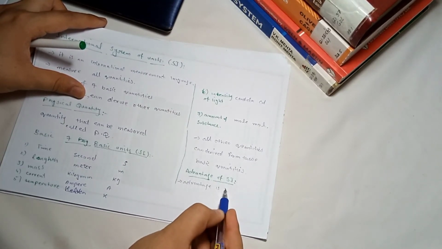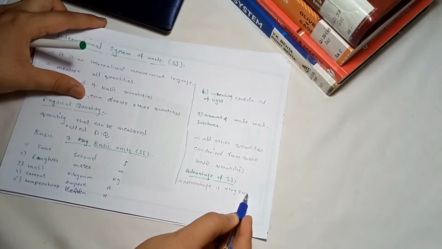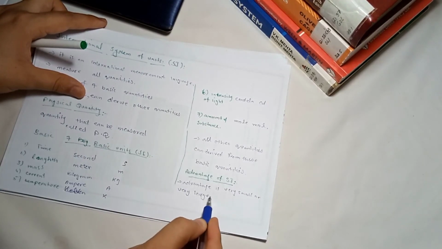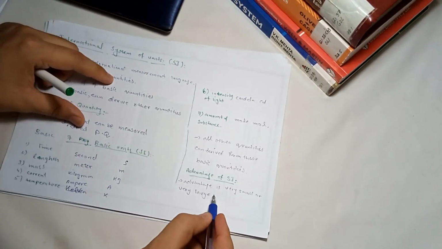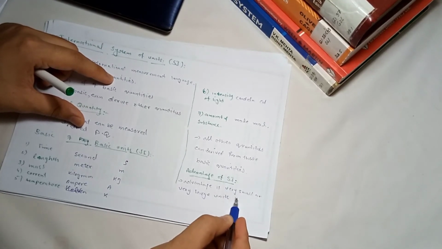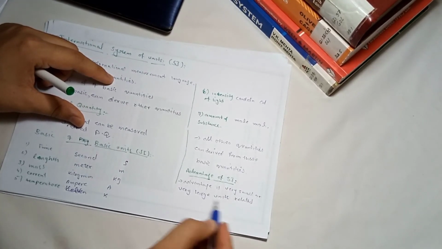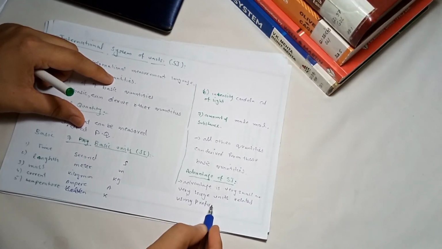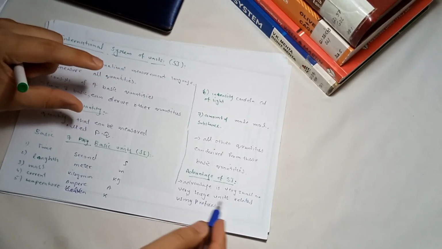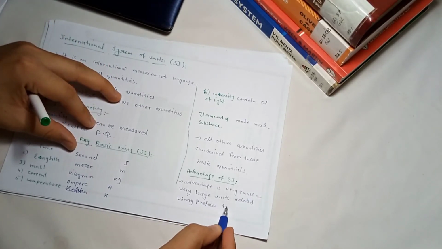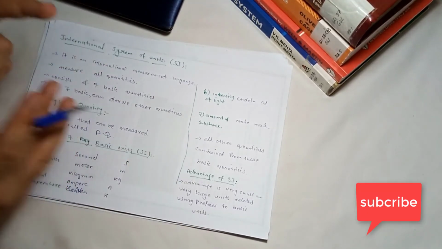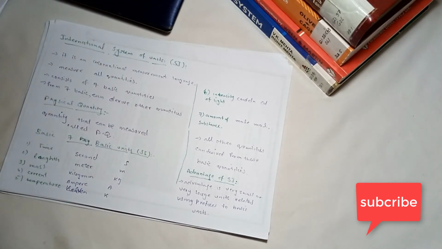So its advantage is that very small or very large units are related using prefixes. प्रीफिक्सेस को यूज़ करते हुए हम इनको रिलेट करते हैं टू बेसिक यूनिट्स, ठीक है। बेसिक यूनिट्स से हम इनको रिलेट करें, इसी वजह से इसका बड़ा इंपॉर्टेंस यही है।